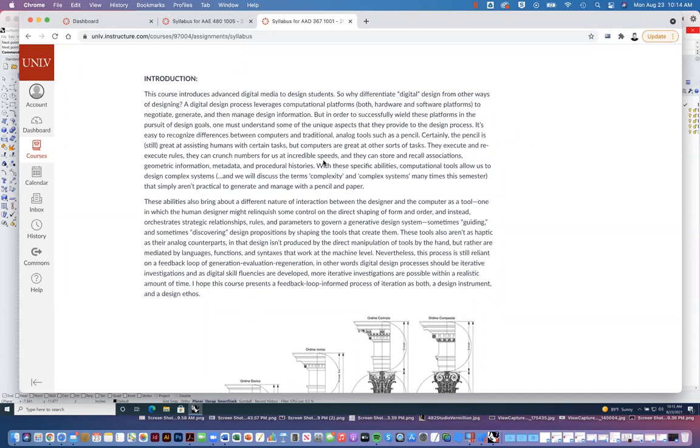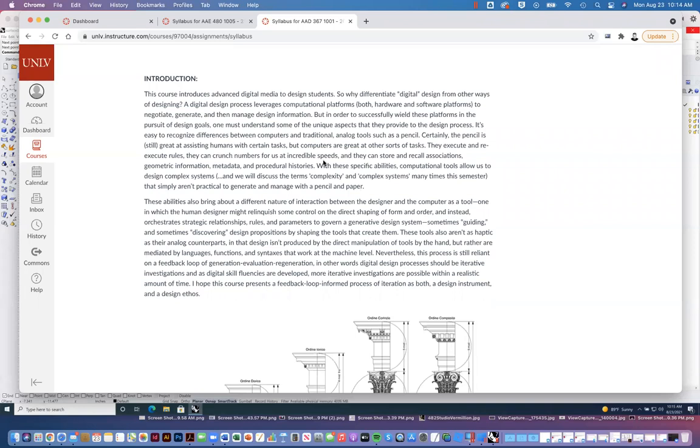I think that hopefully this course is eye-opening and illuminating when it comes to sort of opening your eyes to this larger question, right? Of how we shape our tools, but then the tools that we use begin to reshape what we do, right? And so, when we first brought on computers, let's say with AutoCAD, it was mainly just sort of automating some of the things that we could do with a pencil and pen, right? What you can begin to see is that we're starting to leverage computers and digital technologies to do things that we couldn't do feasibly with, let's say, paper and pencil, right? And so I make that